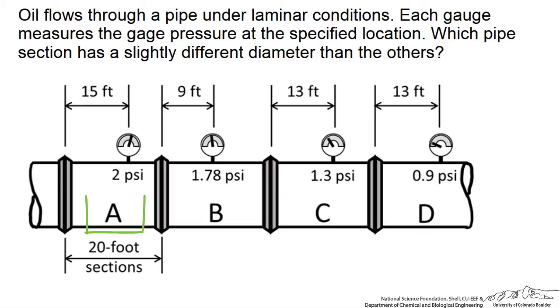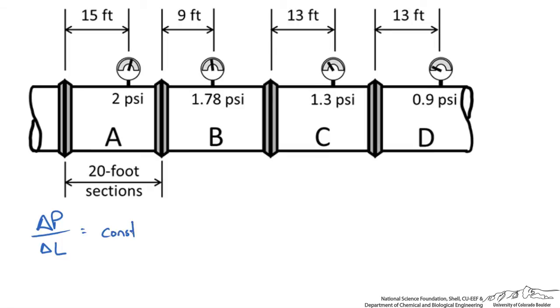You have chosen answer A, that the first section must have a different diameter. Now, how do we determine this? Did you measure the pressure drop along the pipe? The pressure drop for steady laminar flow should be constant along the pipe for a given material and diameter. So we would expect a constant drop in pressure per length of pipe.